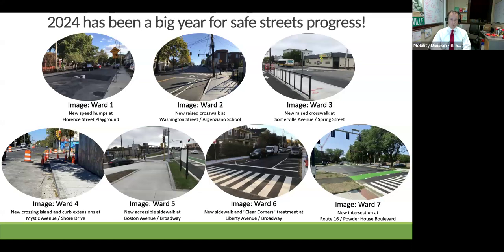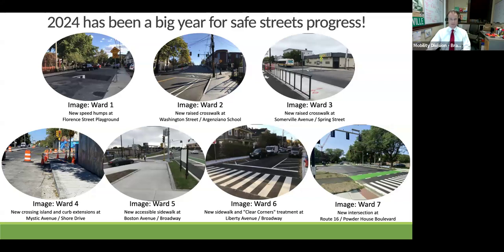I'm happy and proud to report to you that based on years of Somerville advocacy, the city has really improved our project delivery processes. We are taking bold action to save lives on our streets. The pictures on this slide show examples from all 7 of Somerville's electoral wards of projects that have been under construction and installation in 2024.